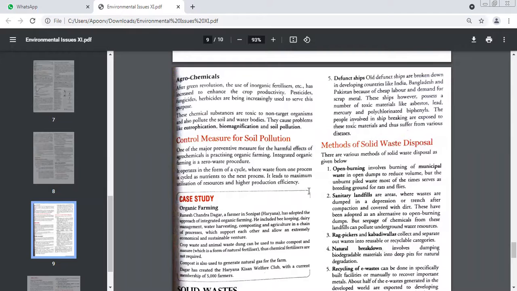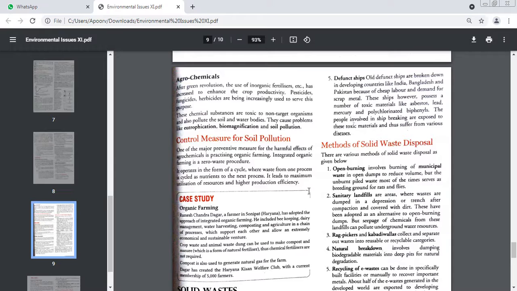Another problem with open burning: just put them in a pit and burn them after a big amount is collected, which we generally have in cities like Bareilly. We have certain areas where garbage of the city is collected for 15 days, 20 days, it keeps on collecting, and then it is burned off. Here we had a problem of rats and flies. So we had a closed method. Okay, what is that called? Sanitary landfills. We made a pit, we put the garbage, we covered it, but then we have the problem of the water table getting polluted.